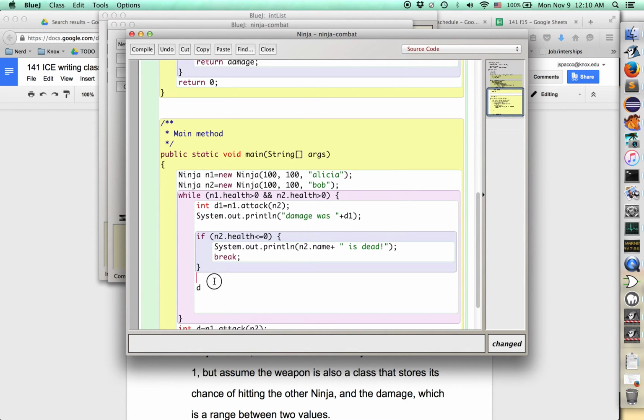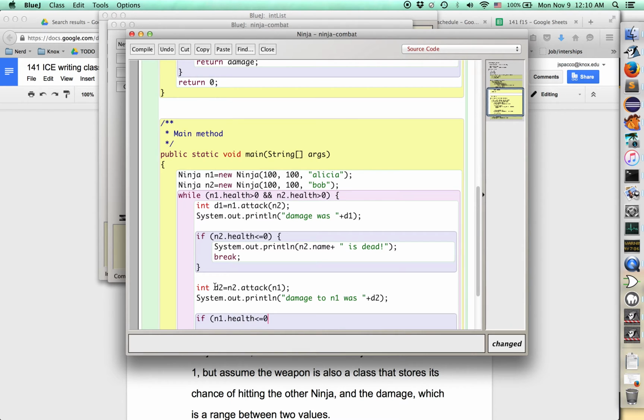That way we can make a new int here, which we'll call d2, equal to ninja2.attack(ninja1). Then println "damage to n1 was " plus d2, and then if